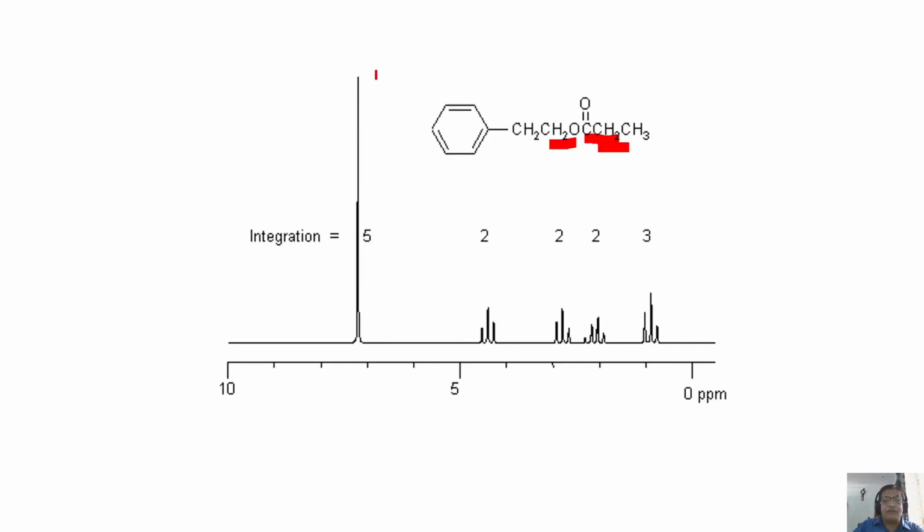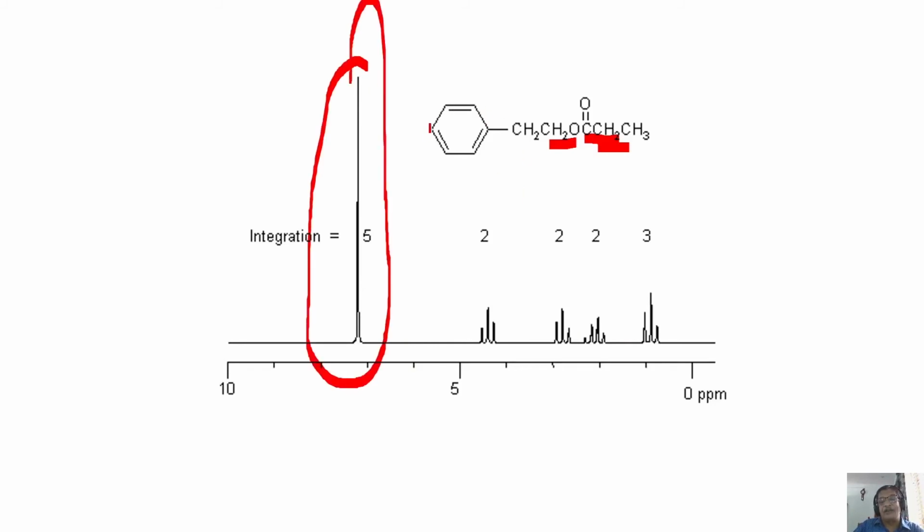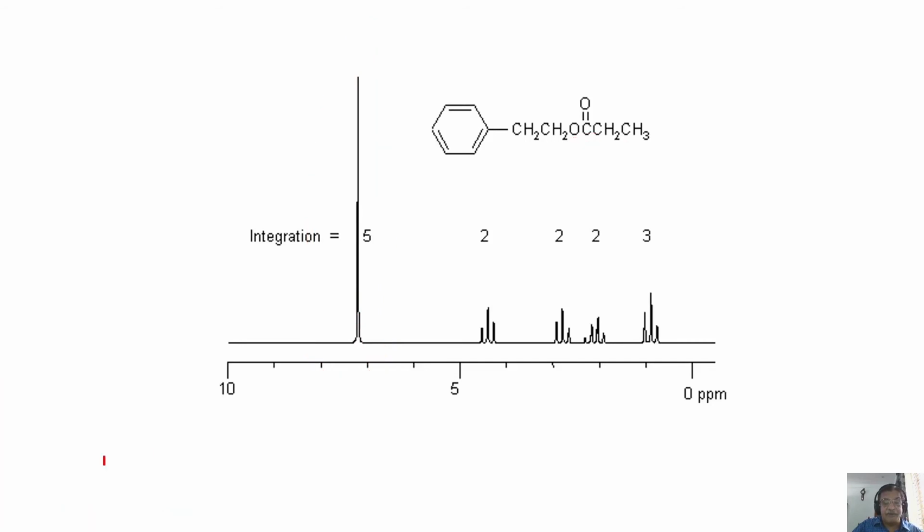Especially look at these aromatic protons. I did explain to you in the case of aromatic ring current, when I explained that all those protons which are in the plane of the ring generally come here de-shielded and come at low field. That's what I said. That's what is happening. So the peak which is coming around this, generally aromatic protons come at around 7 ppm. So this is this ring.